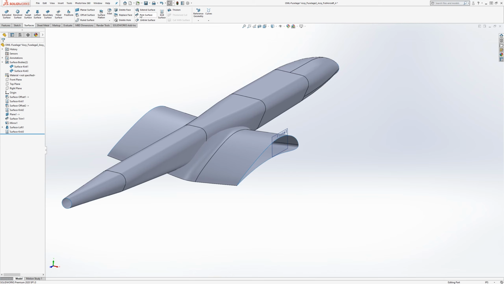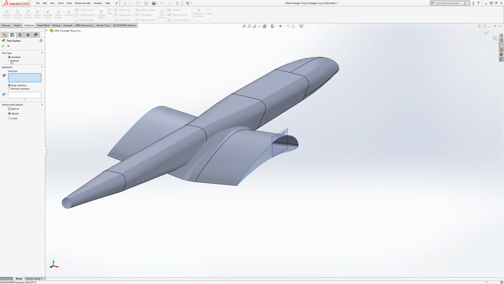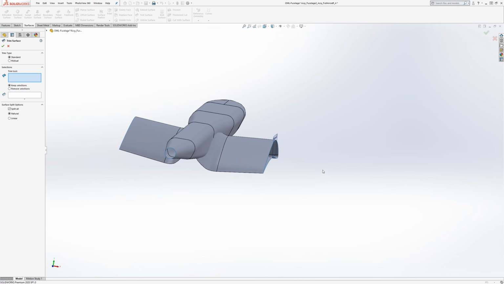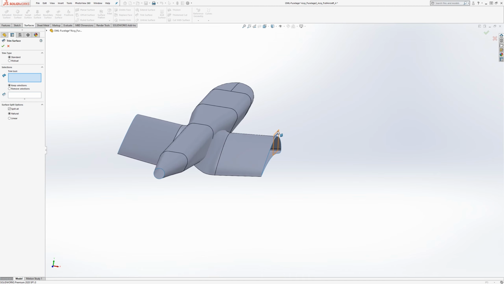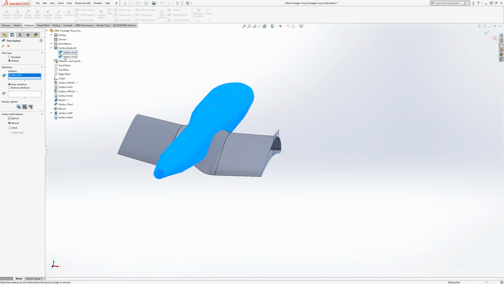So I go to trim, and instead of using the plane and just chopping, using one feature as a cut and the other feature as what is being cut, this is going to be a mutual trim. So we're going to start it with these two bodies,